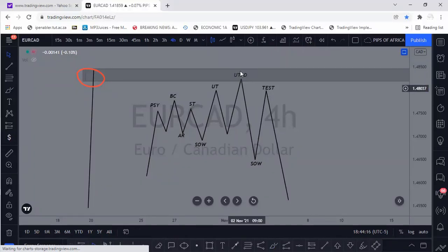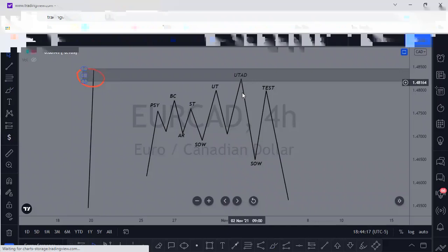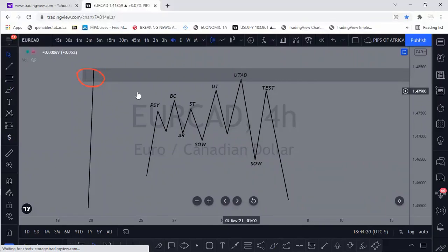So as you can see here, it's only the UTAD that went inside the daily order block, because this is the 4-hour Wyckoff schematic, right? This is the 4-hour Wyckoff schematic. And then only the UTAD that moved up and tapped inside the daily order block at the daily point of